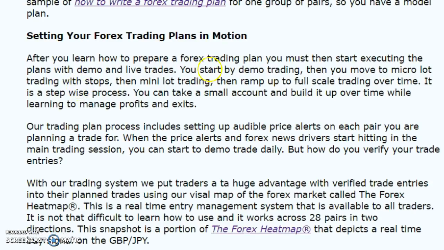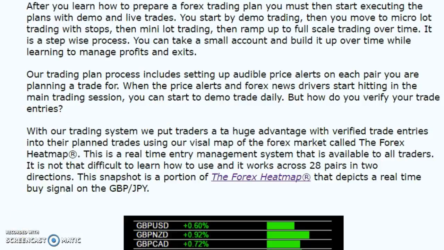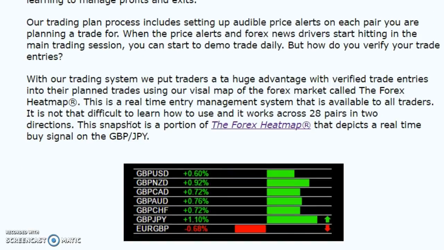So after you prepare your trading plans, after you set your audible price alerts, after you check the news drivers on the economic calendar, then you want to know how you're going to enter your trade. So when the price alerts hit in the main trading session, check the Forex Heatmap. So let's say you set a buy plan on the pound yen in one of your trading plans. The next thing you want to do after you set a trading plan for the pound yen,